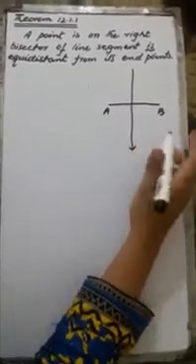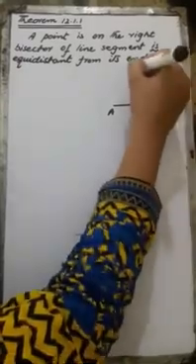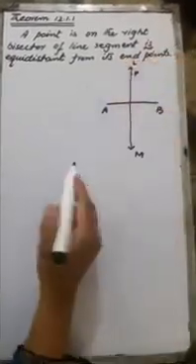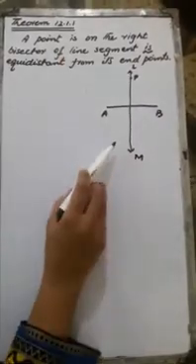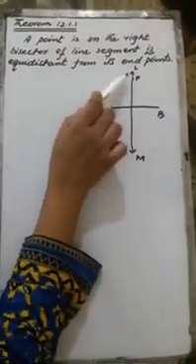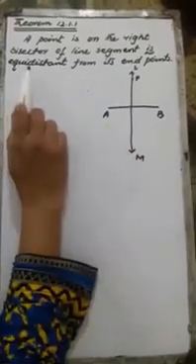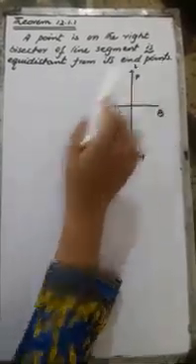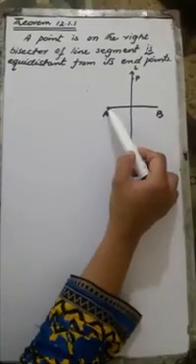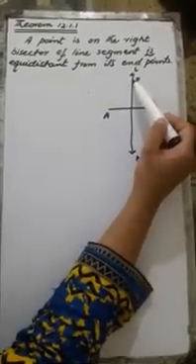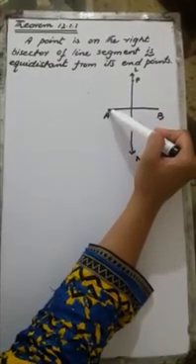Let's say the name is LM and there is a point P on it. Now according to the given, we have this diagram. A point is given on the right bisector of the line segment. We have to prove that this point is equidistant from its endpoints, meaning the endpoints of the line segment. We have to prove that this point P is at the same distance from A and from B as well.